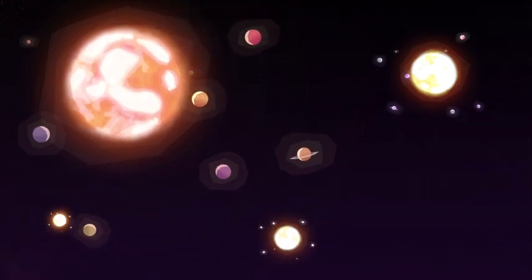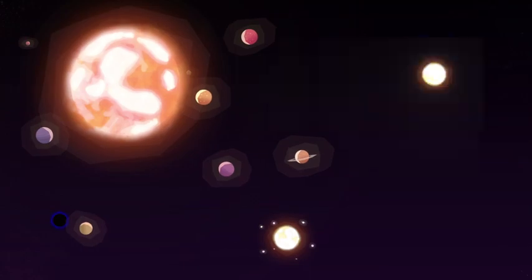Eventually, the universe will run out of gas to form stars, and the stars themselves will run out of fuel and burn out, leaving a universe with only black holes in it. Given enough time, even these black holes will evaporate, leaving a universe that is completely cold and empty. That is what we call the heat death of the universe.